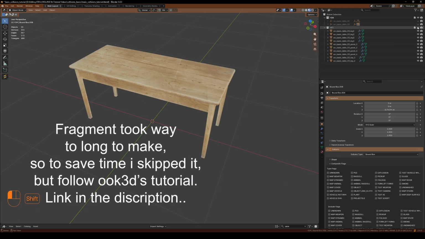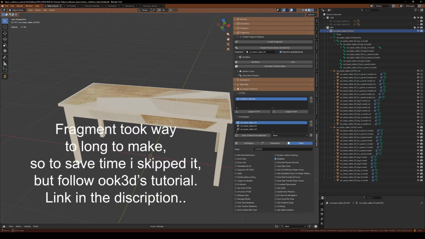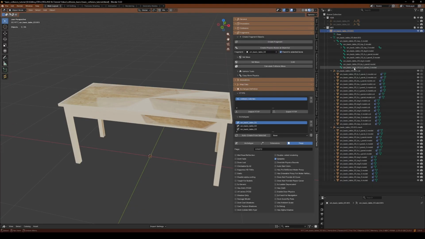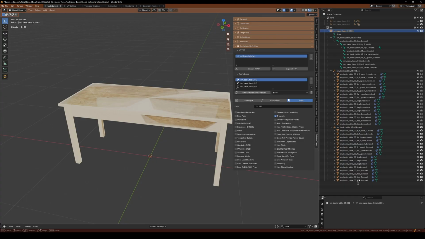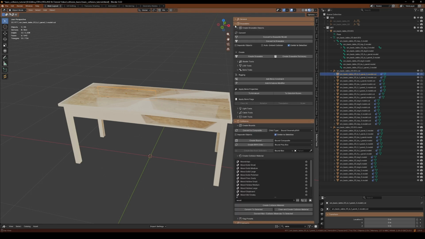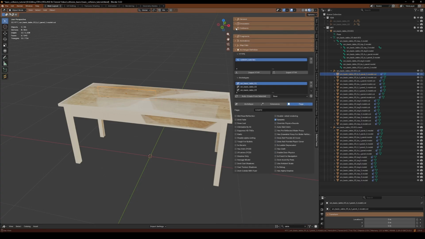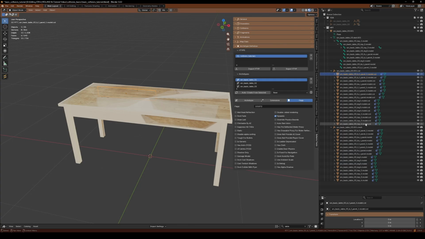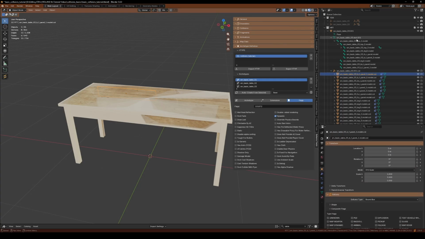Now let's do a YFT. I also made a YFT out of this fragment, and I basically broke the model up into a whole lot of pieces, and then I did the same thing that we did before and made collisions for each of these pieces. The only other thing that I did is, with these all selected, you can go to drawables and add bone constraint, and you can add the bone constraint to all of these in one go, and then parent them to the